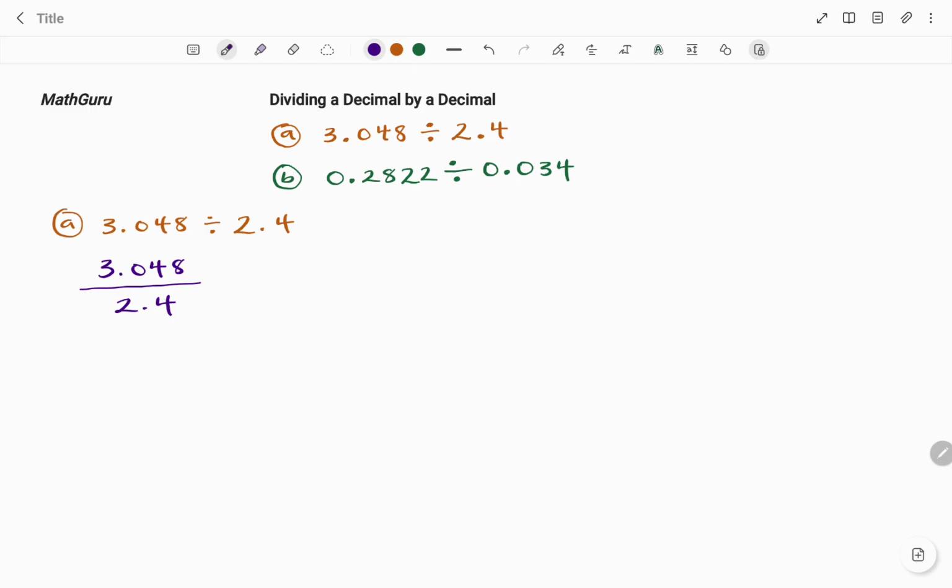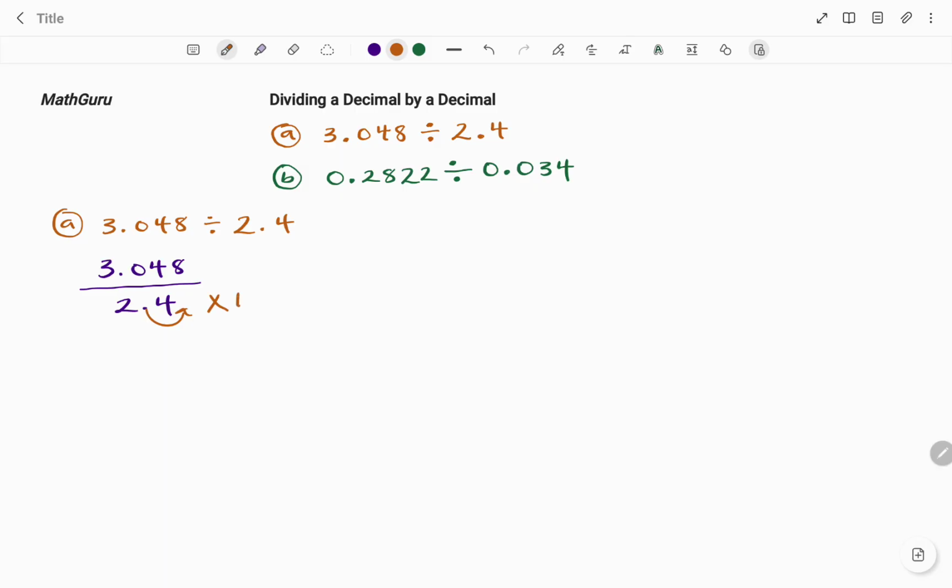To change my denominator into a whole number, I have to move my decimal point. In this case, I'm moving my decimal point 1 unit to the right. If I move 1 unit to the right, for every movement, I'm multiplying by 10. So because I'm only moving 1 unit to the right to make that a whole number, that means I'm multiplying